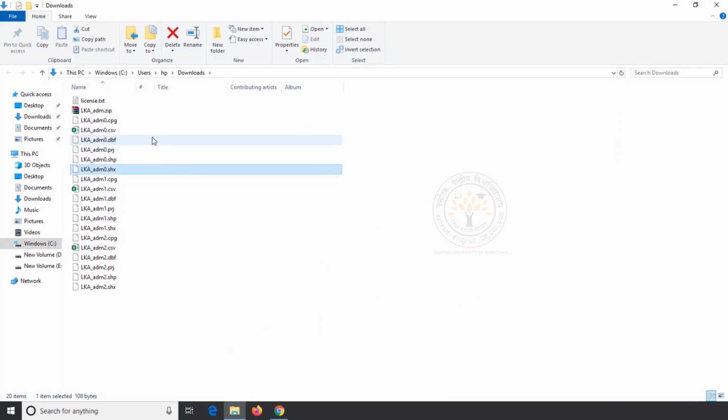.shx is a shape index position file. .dbf is a database file in which attribute and object IDs are stored. .cpg are optional plain text files that describe the encoding applied to create the shape file. .prj contains the metadata associated with the shape files, coordinate and projection system. .csv files have the information of the shape file. The license text file contains the license information of downloaded data. Just open and read it to know how this data can be used.